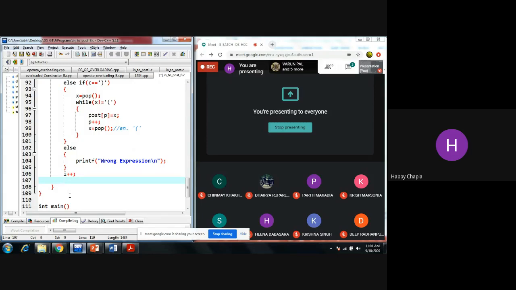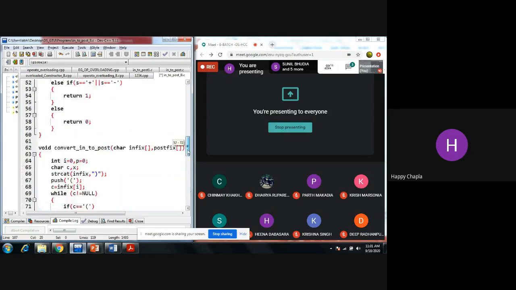Now I am encountering the next character, that is plus. For the plus, we need to check every rule. For B, we need to check every rule. That's why I have to increment it by 1. And whatever value I have in this, I am storing it into C, so it will work for the second time also.